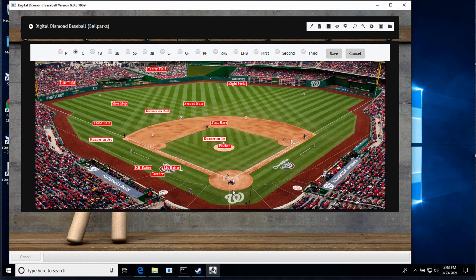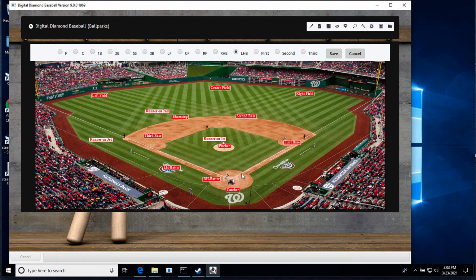And then catcher, and then first base, and then second base, and then third base or shortstop, then third, and then left field, keep going, center, right, and now I need to do the right-handed batter,